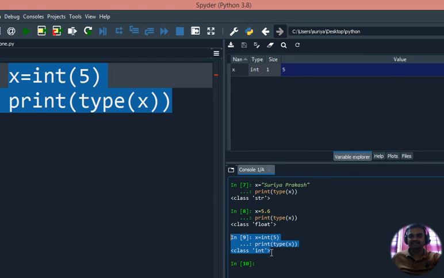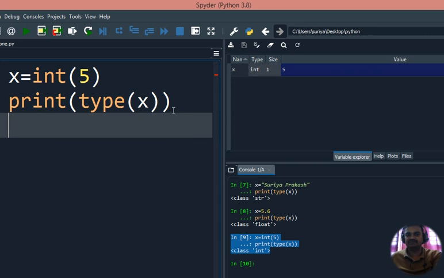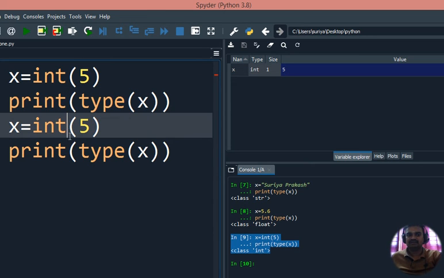The output is integer. Now I am typecasting with a different type. I am giving string for x instead of integer. So here I am giving str. str is used to denote the string value. Whatever 5 I am giving will be converted to a string and stored in x. Now x will be a string variable.